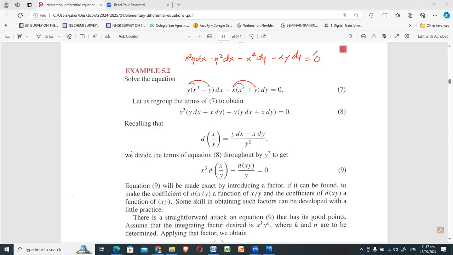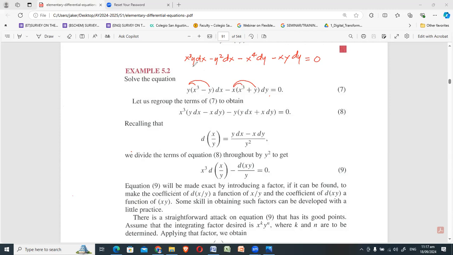But there are some who can really see and have a keen eye on how to do regrouping. So again, I still go back to my suggestion that if you feel uncomfortable first of using this method, then let it be your last recourse when you find the solution of the DE. But going back to our goal today, we need to regroup. That way we'll have the exact differentials that we have discussed a while ago.